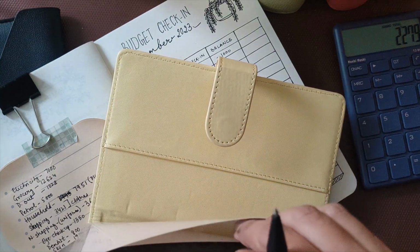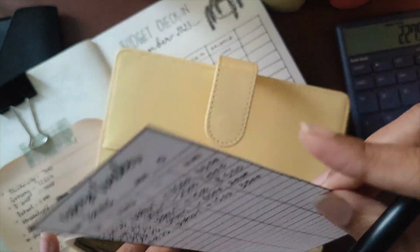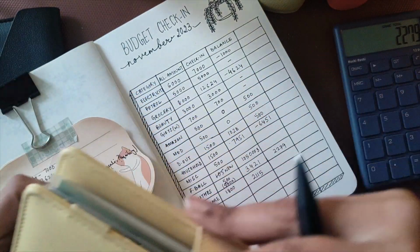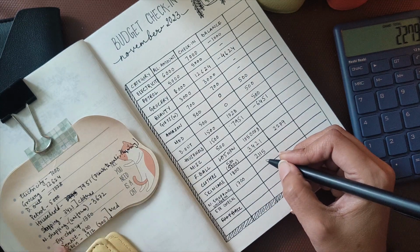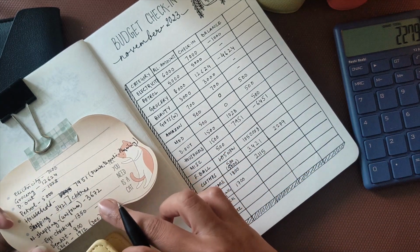Let me see how much I have in tennis. 3500. Oh, perfect. Actually, for this month 3500, then I can balance out for the fee, because yeah, 1700 it was in uniform budget, but we had spent, okay, yeah, 3672,